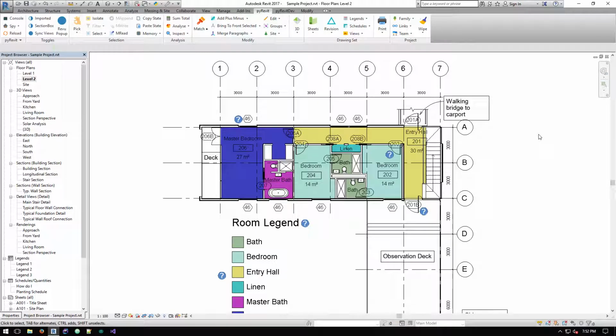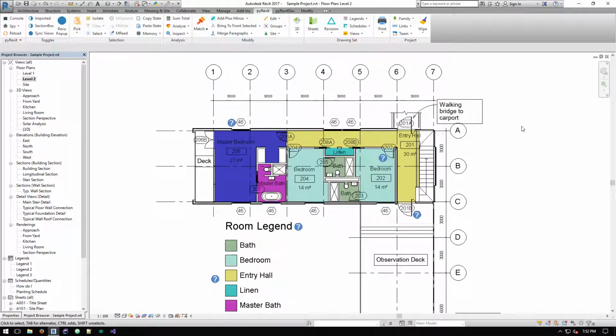In this video, I want to show you a very useful tool that is very popular in pyRevit. You probably already know about this tool, but for the sake of making these tutorials, I really want to show how they exactly work and their potential. So let me show you something that is